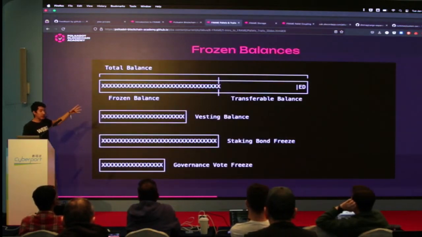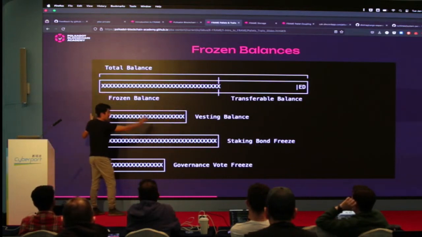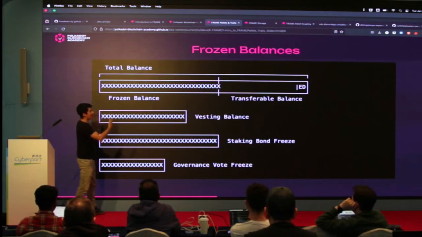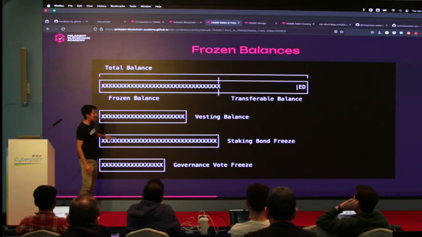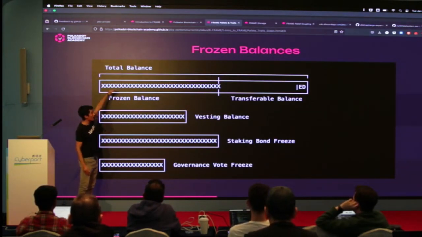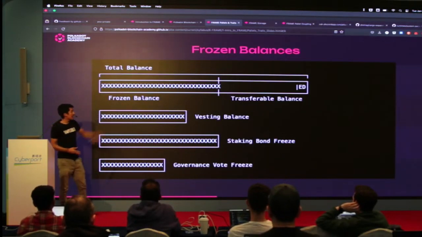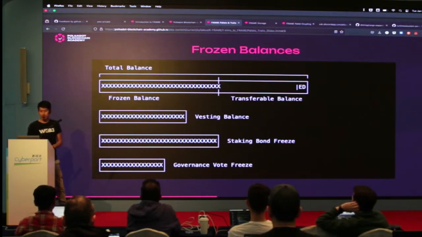Frozen balances are different. You can see here my frozen balance is this, but I have multiple frozen balances which are overlapping each other. So the maximum frozen balance is equal to whatever the biggest frozen amount across all of them is, right? Here I could be staking a bunch of tokens, and I could be voting with fewer tokens. I don't need to vote with all of them, but you can see my overall frozen balance is just the biggest of them, right? And so vesting, staking, governance,